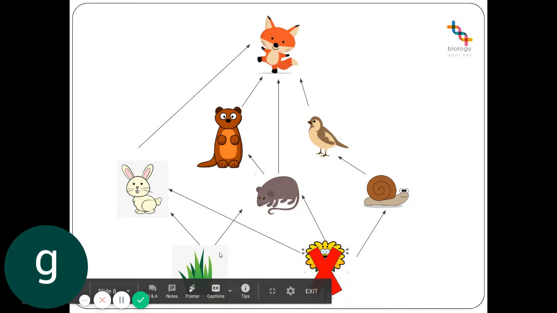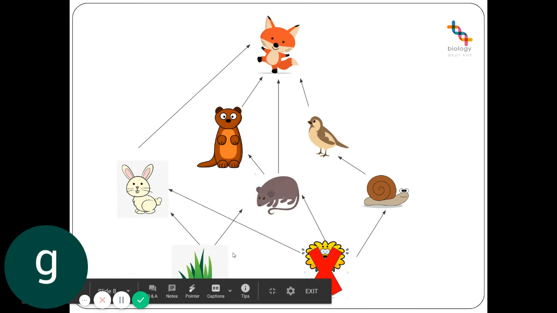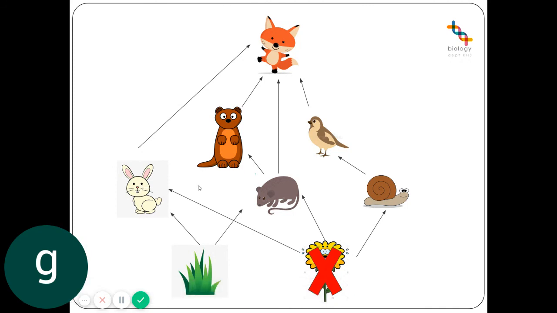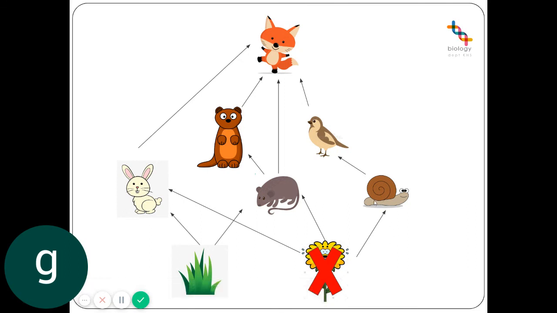Now, initially, that means more grass is going to be eaten. So probably the amount of grass in your ecosystem is going to decrease because suddenly the rabbits don't have two different food sources. They only have the one food source. So all of them have to get their entire energy requirement from grass. And actually, they're not the only ones in the ecosystem. There's this rat here. Now, they also were getting their energy from the grass and from the dandelions. So they also need to switch all of their energy requirements towards the grass. So the rabbits are eating twice as much grass. The rats are eating twice as much grass. The grass is going to massively decrease in number. And then when all the grass is gone, what are the rabbits and the rats going to eat? Probably absolutely nothing. So